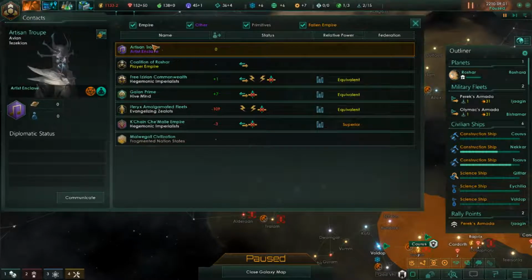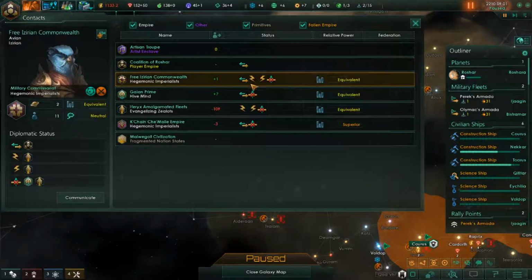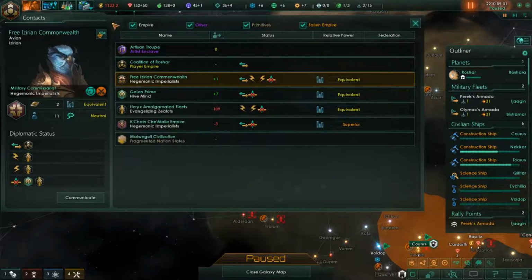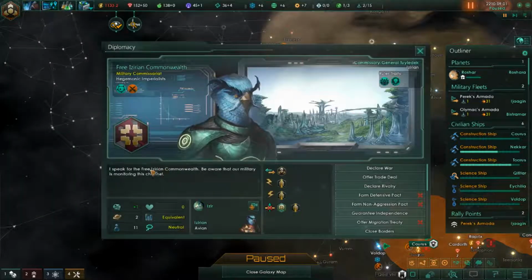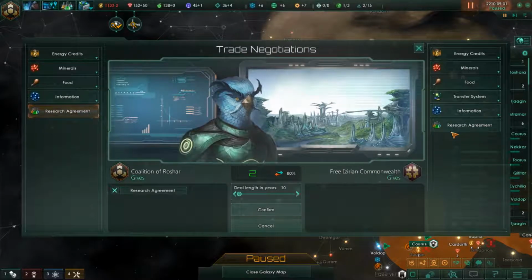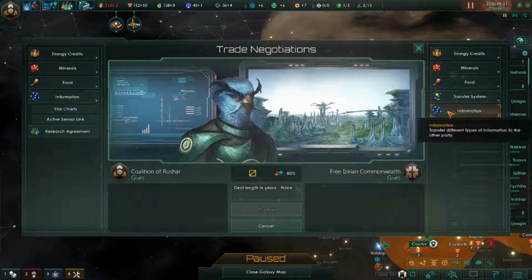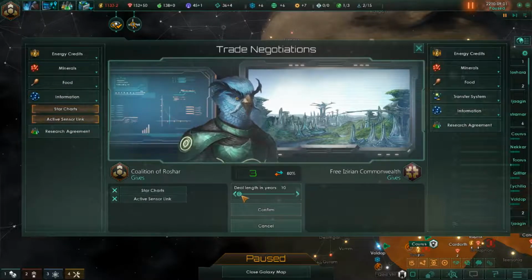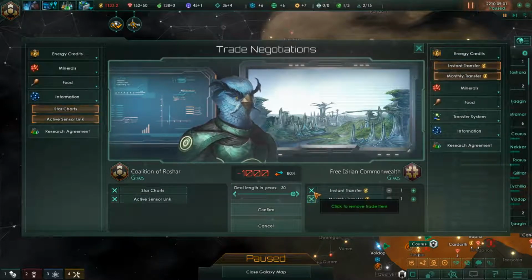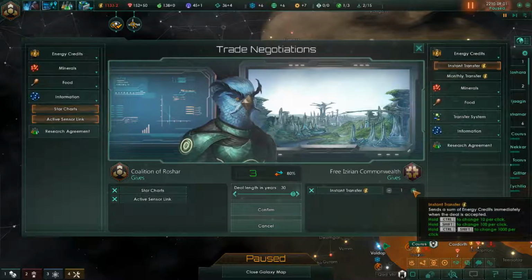So let's see who likes us, who doesn't like us. These guys, they barely like us. They're xenophobe and military, so it's kind of good that they like us. I don't think they're going to agree on a research agreement. However, how would they appreciate me giving them that for no monthly? Okay, but an instant transfer,